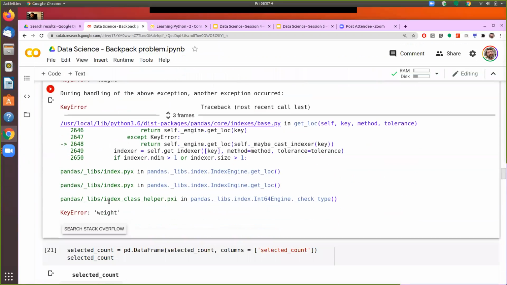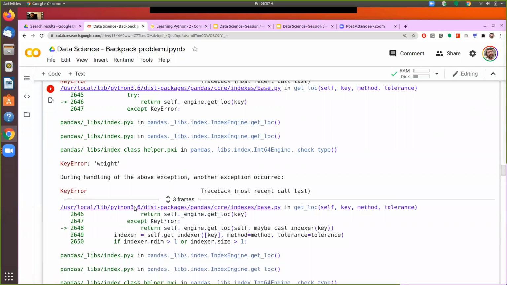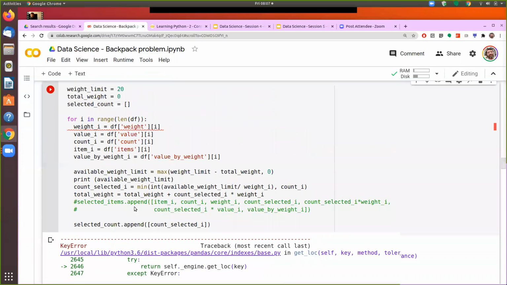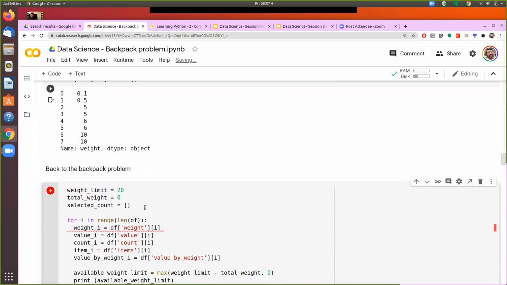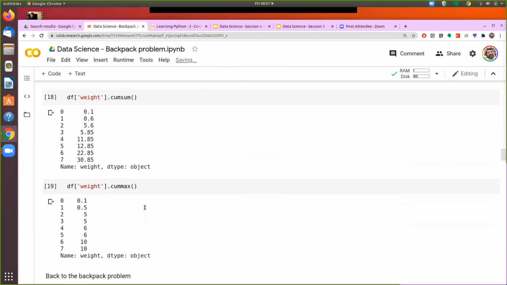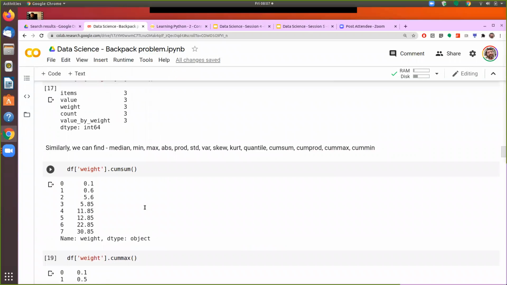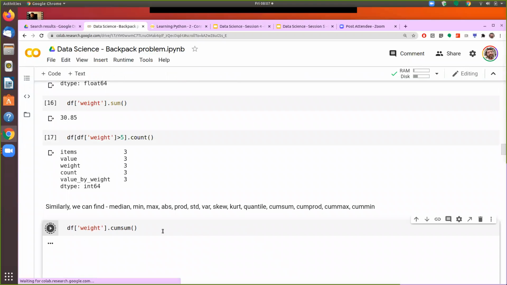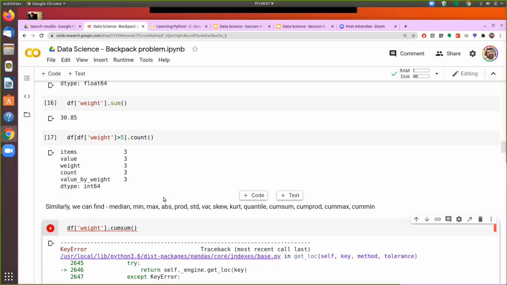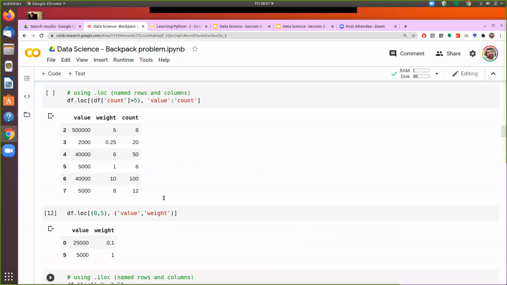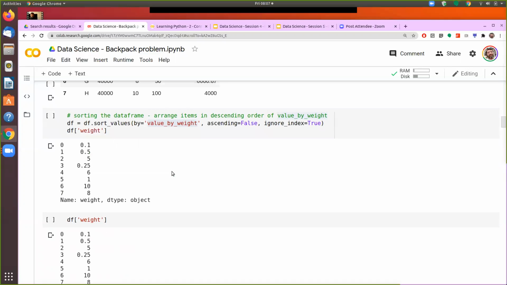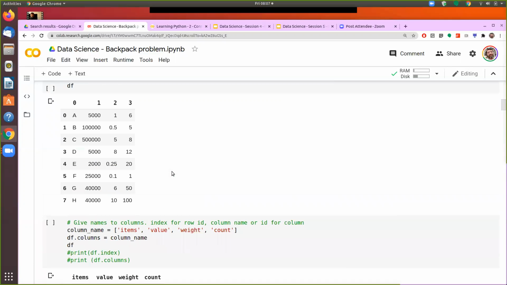The error: in the data frame, it is not finding weight. Let's run this again. Why is this problem?